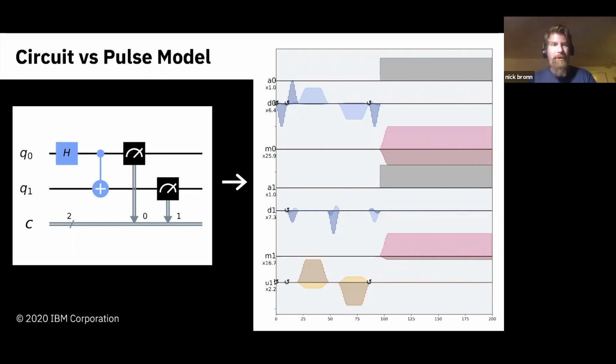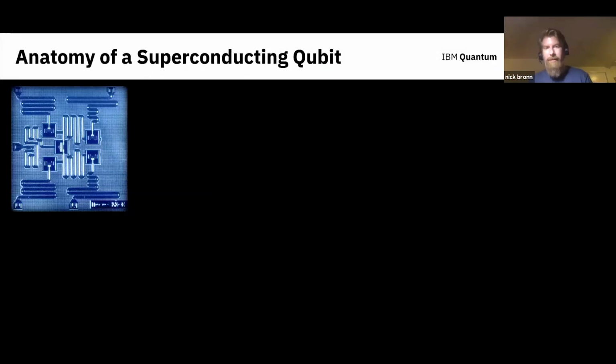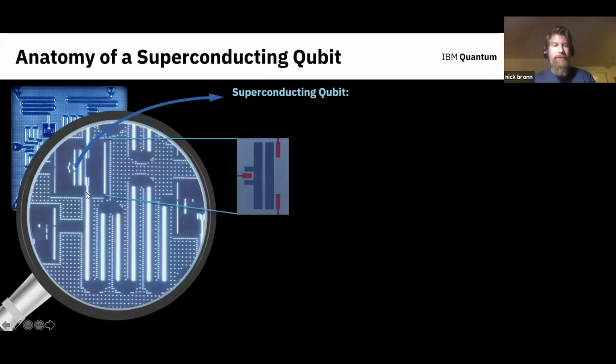So taking a step back, I'm just going to give a review of the anatomy of a superconducting qubit and how we control them, and then how we use pulses to control them. Basically, we have superconductors consisting of niobium and aluminum, which lose their electrical resistance when you get them cold enough. This is a 5-qubit device that we made at IBM, and if we zoom in on those little square